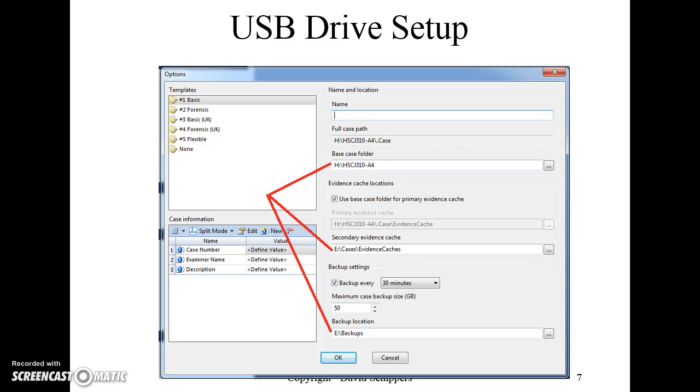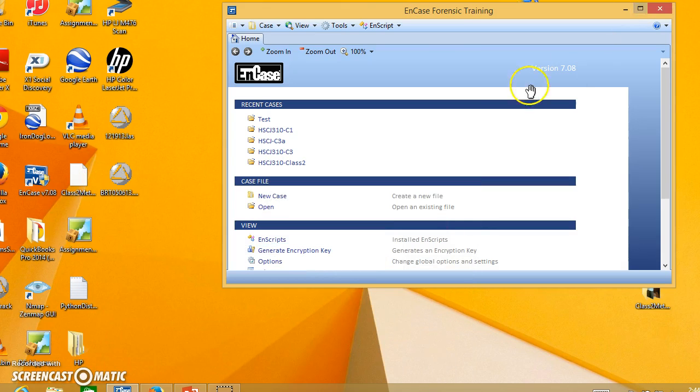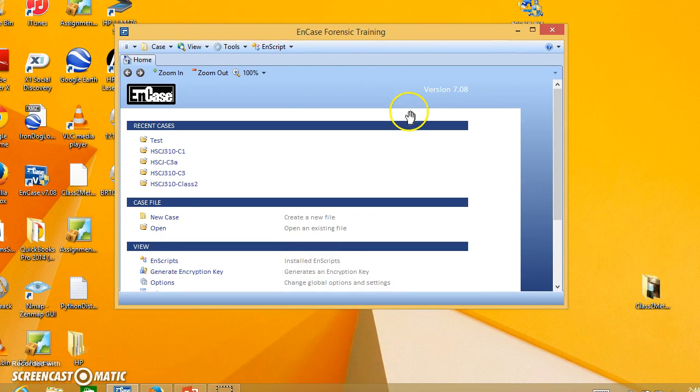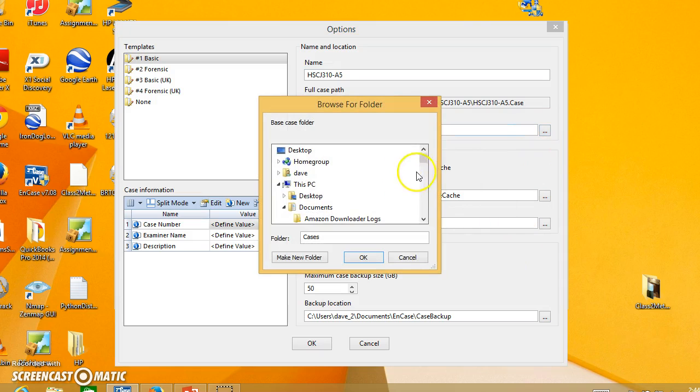Okay, so what we're going to want to demonstrate right now is actually setting up a case on an alternate drive. So what I'm going to go ahead and do is we've got EnCase running. I'm going to actually make a new case, and then we're going to call this HSCJ 310, and we're going to say this is assignment 5. So then we're going to need to change the base case folder, and in this example, I have an external drive,